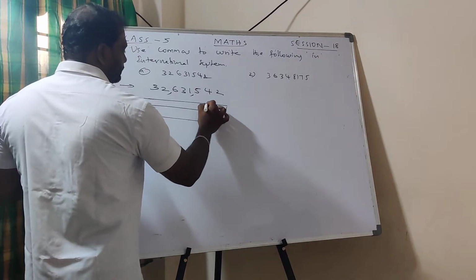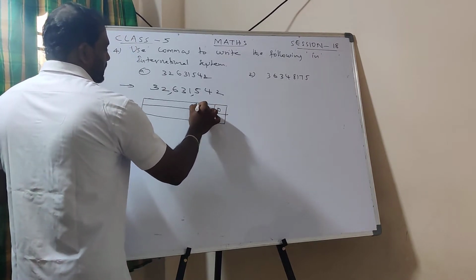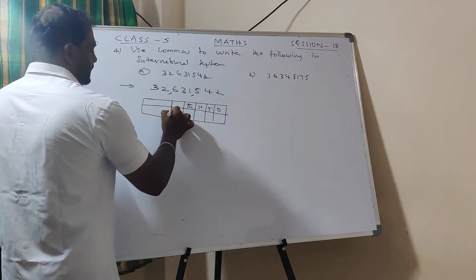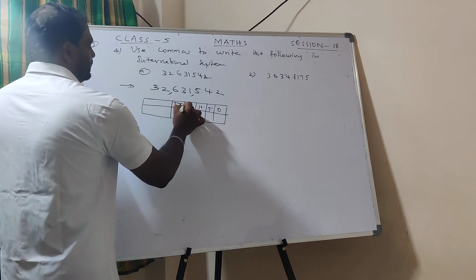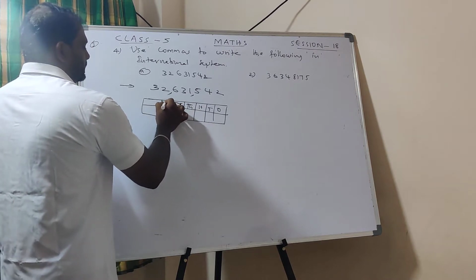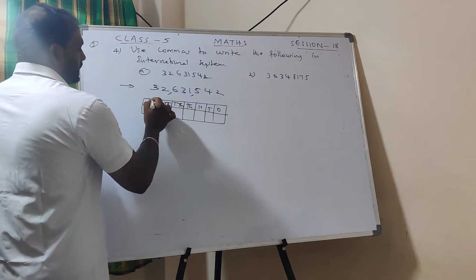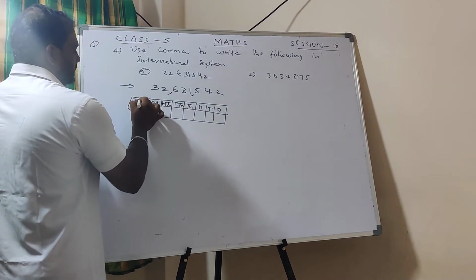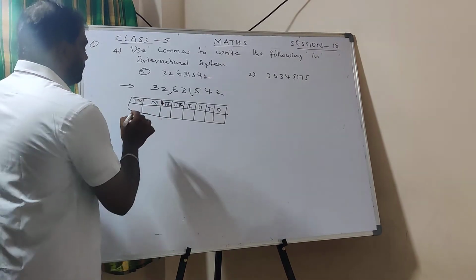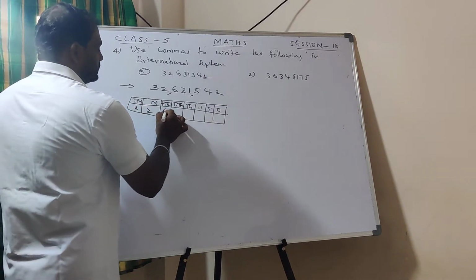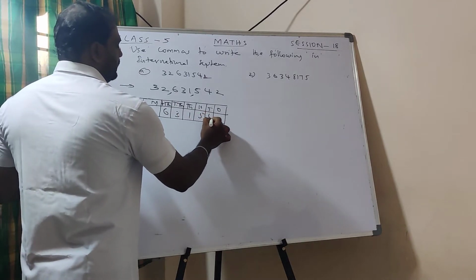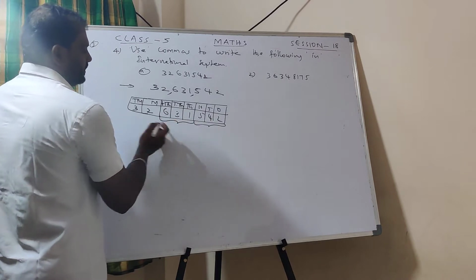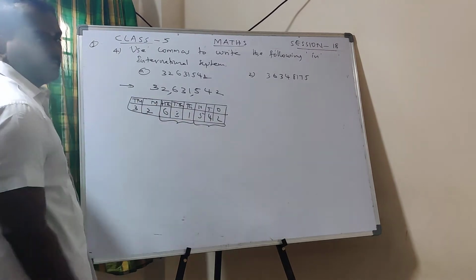So it is ones, tens, hundreds. This is one group. Next thousands, then ten thousands, then hundred thousands, which is HTH. Next millions, and one more box, that is 10 millions. After finishing this, fill the boxes with 3, 2, 6, 3, 1, 5, 4, 2. After that, make it into 3, 3 parts, because we have to write the commas. Here the third number is not there, just leave it.